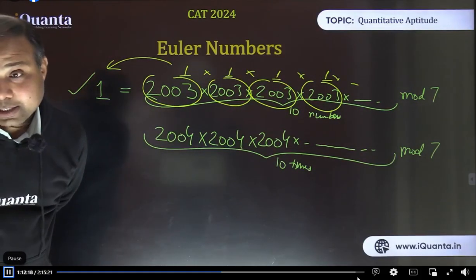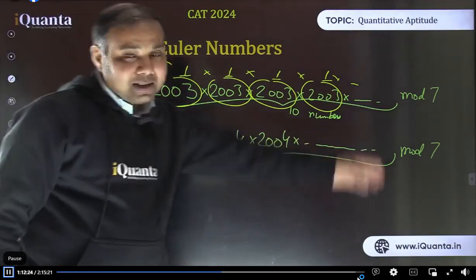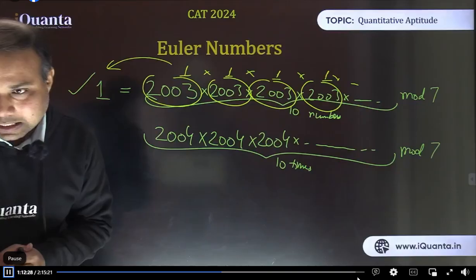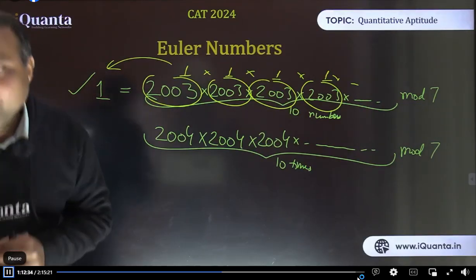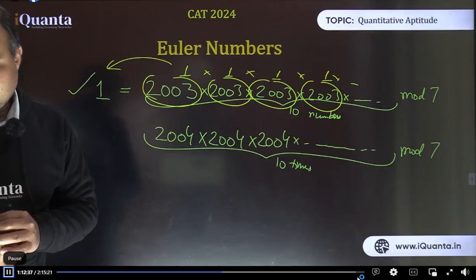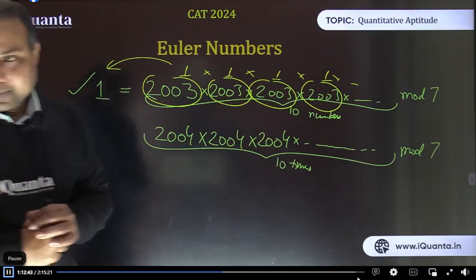Yes, 2 power 10 it is, not 2 into 10. Ria, it's not 20. It's 2 raised to power 10. But 2 raised to power 10 is more than 7 now. We need to simplify it further. Some of you are writing 2, some of you are writing 4. Yes, Kaushik, 1024 divided by 7. That's perfectly fine. 1024 को 7 से divide करेंगे, remainder is 2. Right. बिल्कुल ठीक बात है.